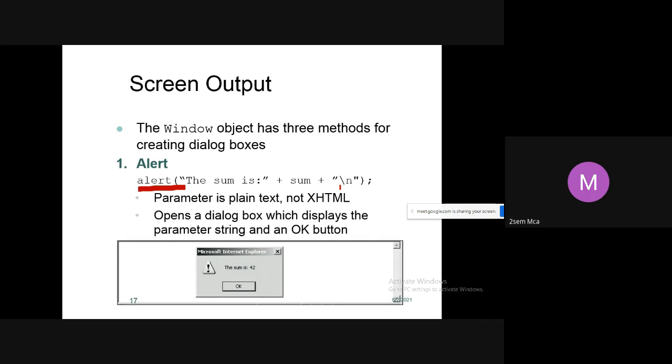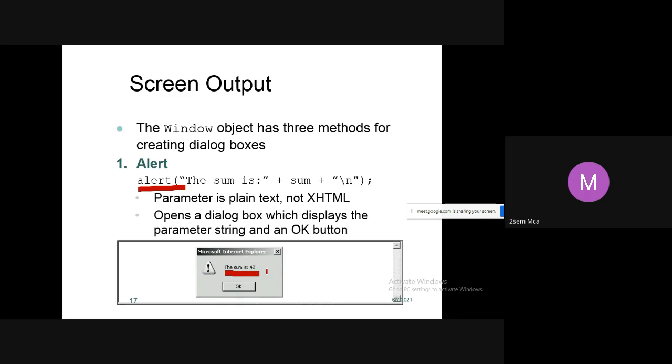It opens a dialog box, which displays the parameter string. Whatever you write in the parameter, it will display: the sum is. You can see here now, students, the sum is output it is displaying.